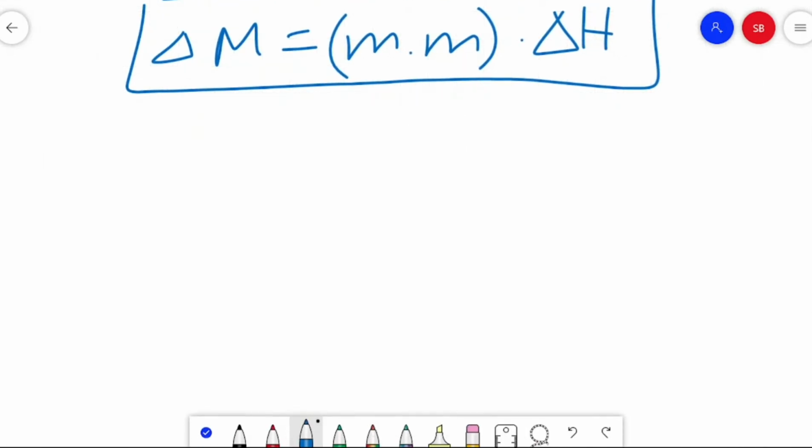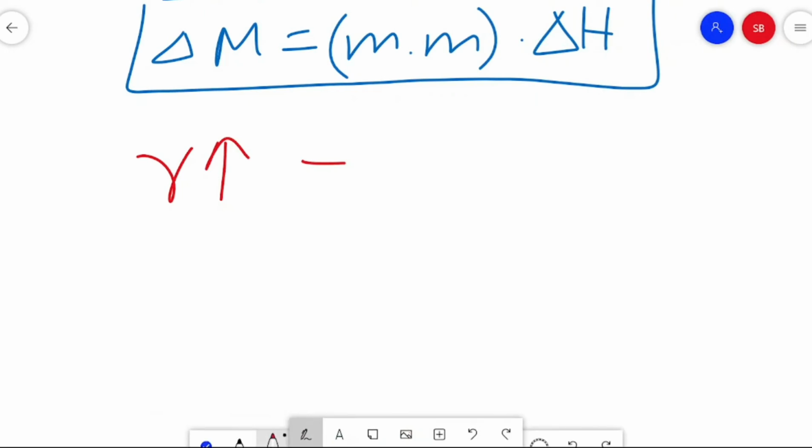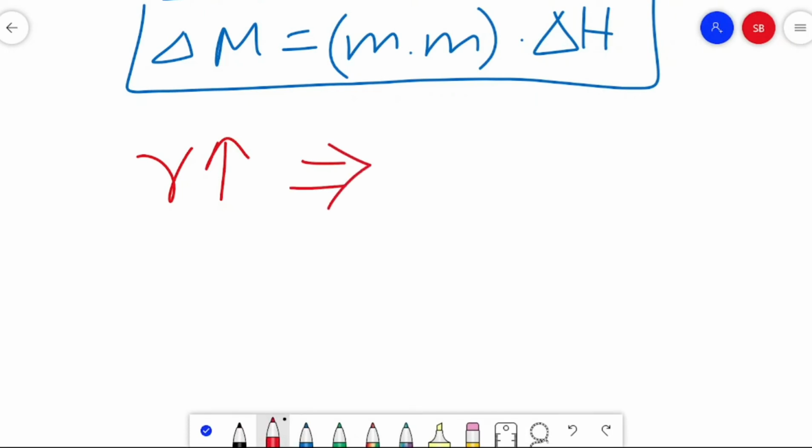So here you find it important to remember that if this r goes up, what is this r? I've just mentioned this is the bank's required reserve ratio. Mark it, that if the bank's required reserve ratio goes up, then our money multiplier would fall. Also you can find that this r is present in the denominator of the money multiplier, so it has a negative relation with it.